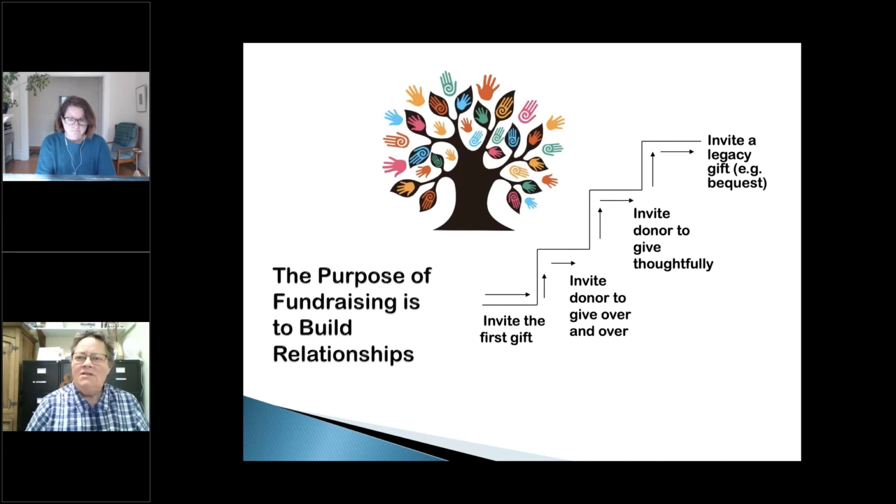So the first thing is just a reminder, everyone. 99% of you know this already, so you can snooze through this slide. The purpose of fundraising is building relationships, but I feel like you can't say that often enough. I remember when I first learned this in the 70s, I thought, that's such a great insight. And I went back to my office and thought, okay, let's build some relationships. Not a clue. What does that even mean? So I've tried to outline it a little bit here.